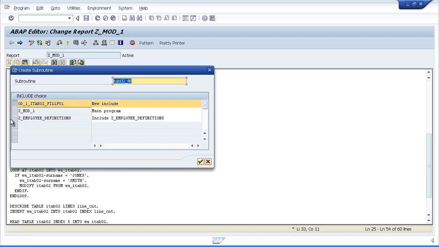Now, we have the option of including it in the include that we created, but maybe we just want to keep that for data definition, so we won't choose that one. It gives us the choice of creating a brand new include, and it's given it its own name, which we can change. But I don't want to do that. All I want to do is create this include in the main body of our program. So I'm going to choose this one,